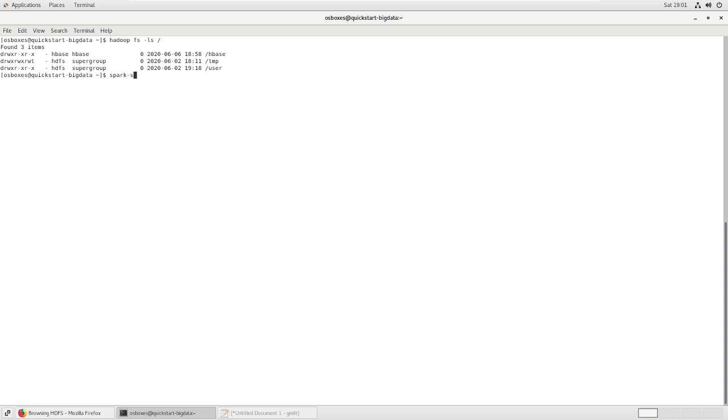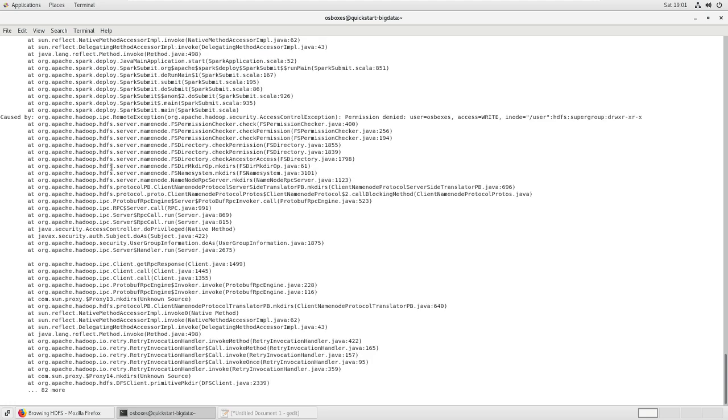You can also write spark-shell. This is the only VM in the market right now which will give you Spark 2.4. So we can work on the Spark shell and all.